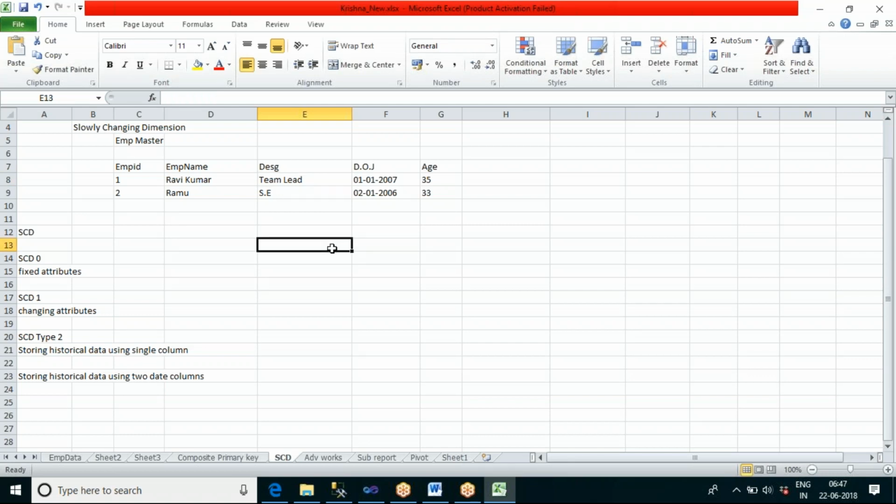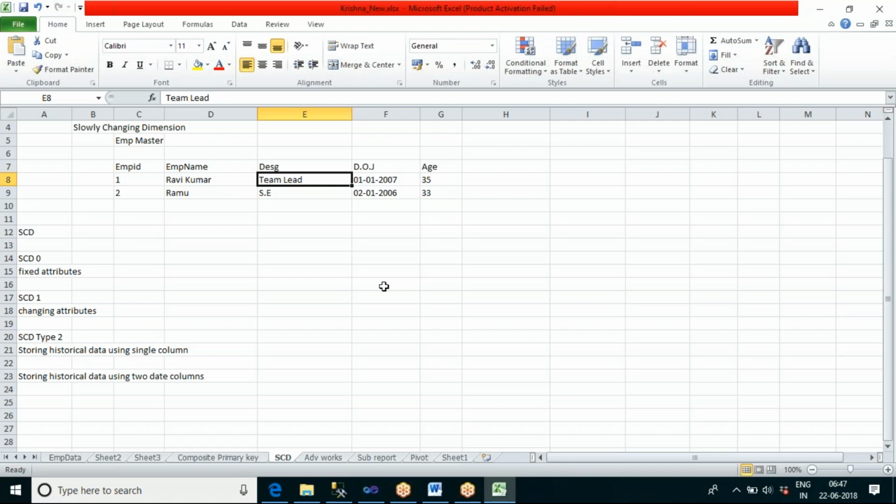Now if anybody comes and sees this data, let us say any auditor or other people, and looks at the data of employee one, what will they assume? They will think he joined in the position of team lead and resigned as a team lead. But that is not the actual case, no? He joined as a software engineer, got promoted to senior software engineer, and then promoted to team lead. So how can we maintain that information?